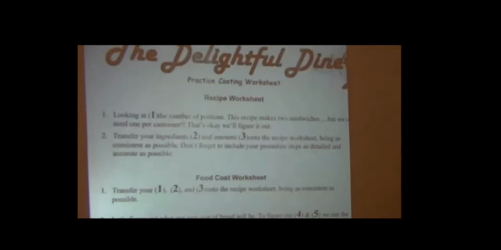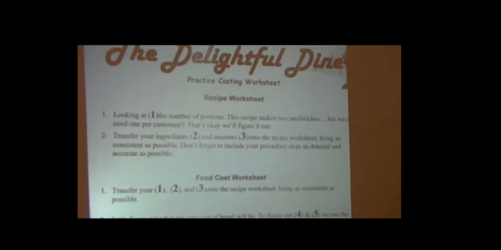So there we go. Okay, so today we're going to learn how to cost. Now, what you're going to have in front of you is a practice costing sheet that looks exactly like this. Now, this is a step-by-step guide to help you cost it out. So we're looking at number 1, and along with your sheets, you also have